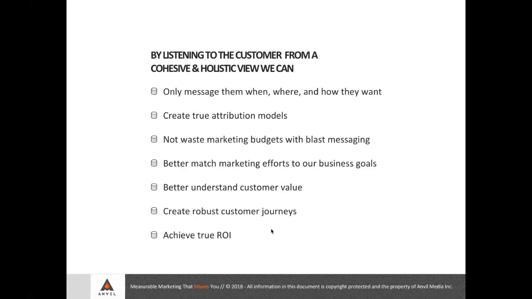We can better understand the customer value. We can create robust customer journeys, which we're going to get into in the next section, and we can get to true ROI. Again, from a data analyst perspective, we want to help the companies understand the ROI value in the marketing channels. We need to put all the channels together to be able to do that well.